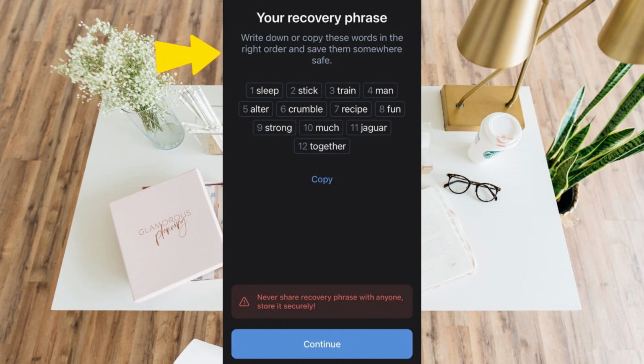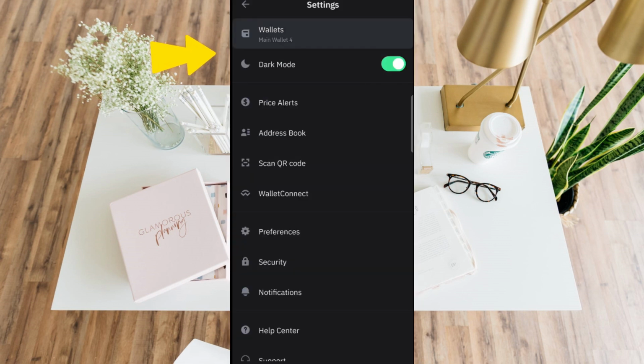You can also screenshot this one. So you have to copy this one and paste, or you can just simply get your pen and then write it down. As easy as that. Okay, so that's how easy it is to recover your Trust Wallet